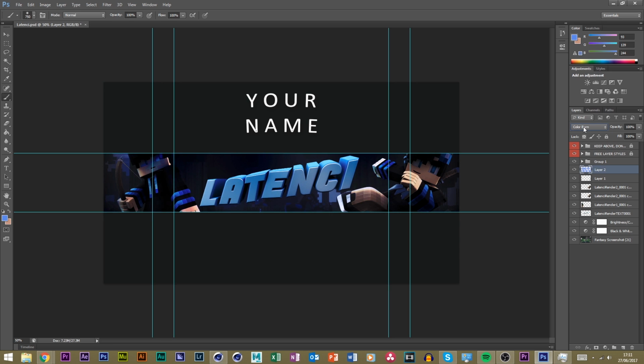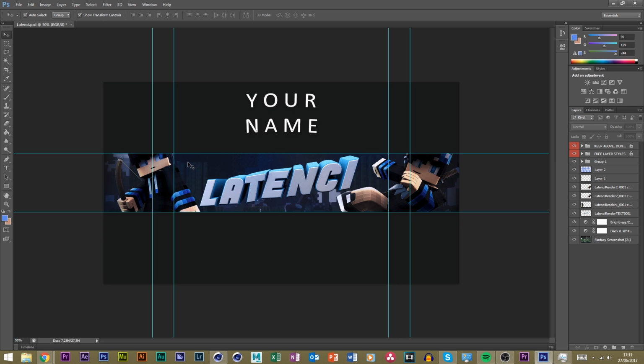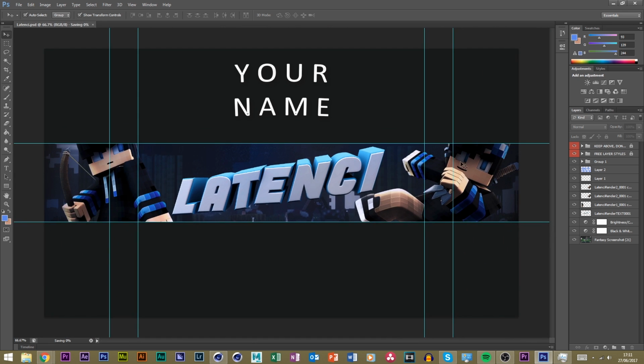And you can mess around with these layers to try, like that one there, soft light makes it look kind of cool. So if I go on soft light and just reduce it down a bit, that makes it look kind of cool. And then that there kind of, I guess, finishes it off for the banner tutorial, but I'm gonna do